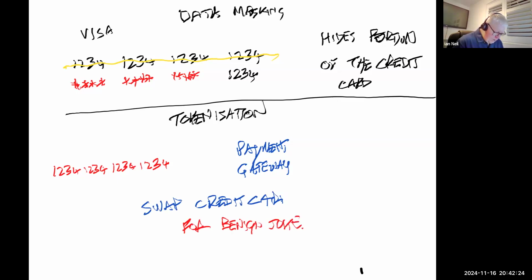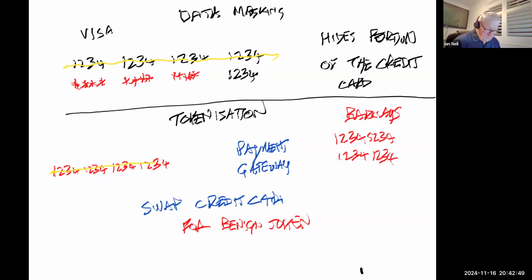So my credit card, let's say this is Barclays. My credit card goes across to Barclays and they store it: 1, 2, 3, 4, 1, 2, 3, 4, 1, 2, 3, 4, 1, 2, 3, 4. And I no longer have this. And they send me back 4, 5, 6. So they give me a token 4, 5, 6, and I store a token 4, 5, 6 in my database.